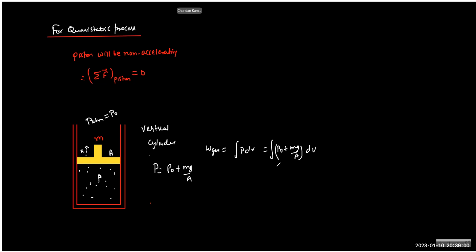So now what is the work done by the gas? P naught plus mg by A dV. And now you can write this as P naught dV